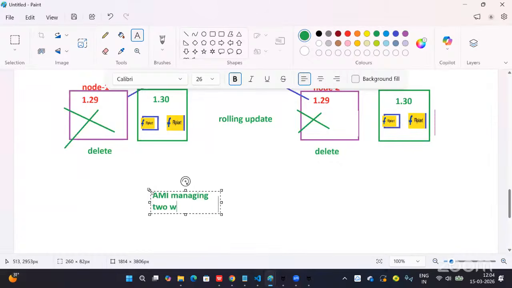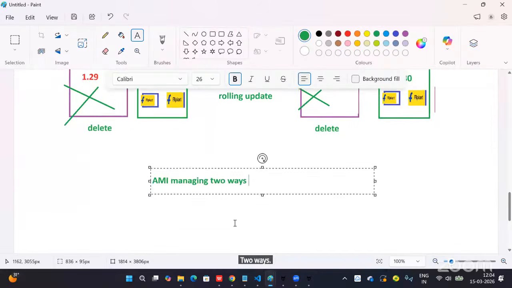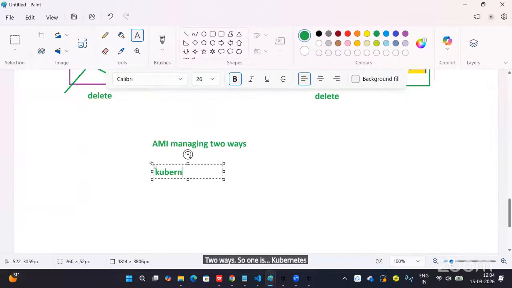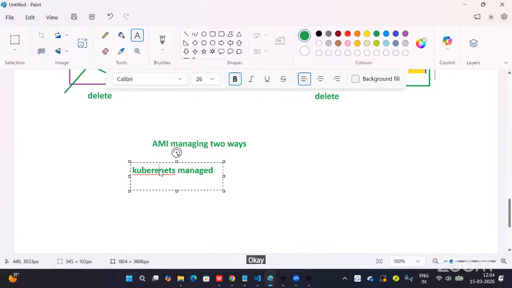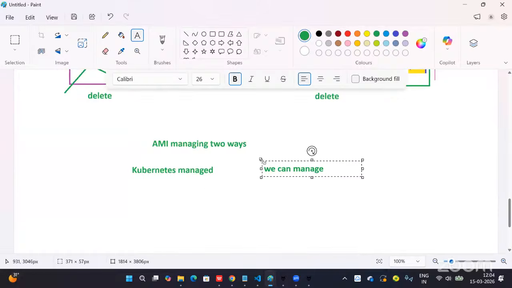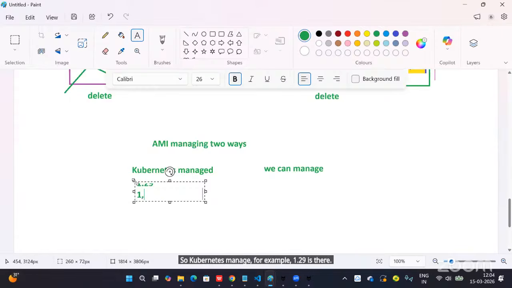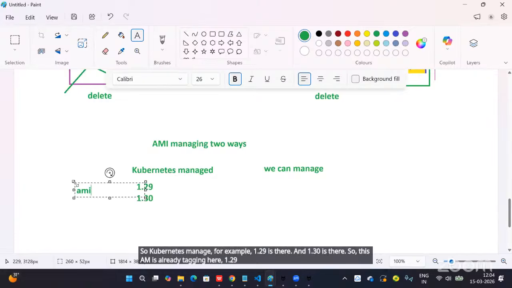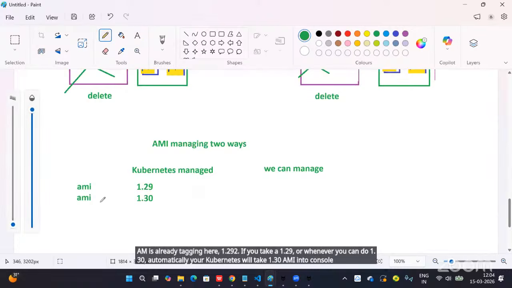One is Kubernetes managed, or we can manage it ourselves. For Kubernetes managed, for example, 1.29 is there and 1.30 is there. This AMI is already tagged with the version, so if you take 1.29, whenever you upgrade to 1.30, automatically Kubernetes will take the 1.30 AMI into the console. You don't need to do anything.